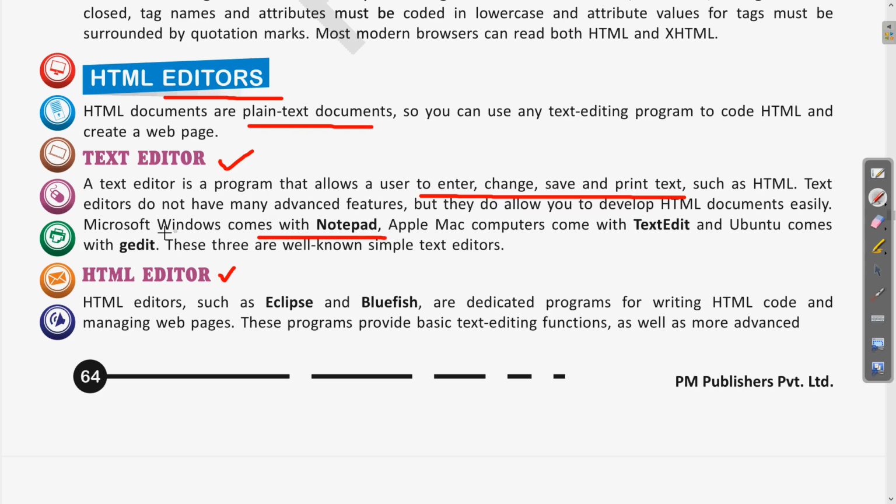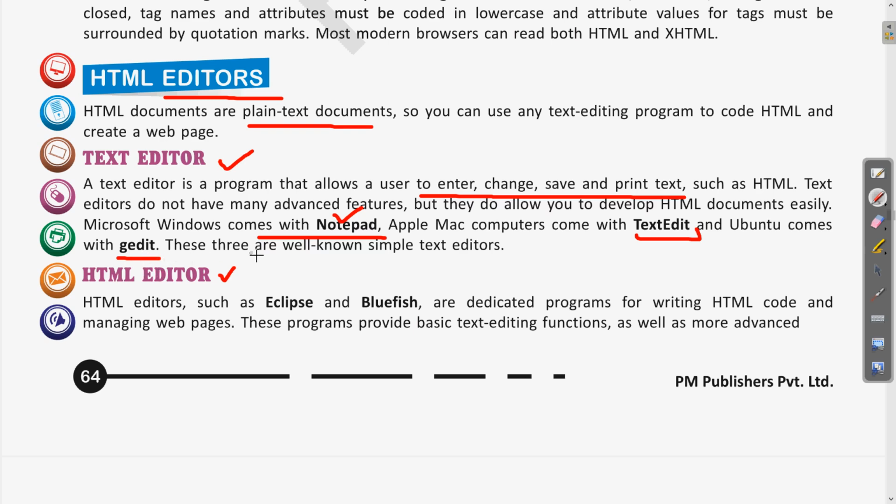According to the operating system, there are different editors provided with it. Windows has Notepad, and Mac computers developed by Apple have TextEdit. Then Ubuntu, another operating system, has a text editor named gedit.